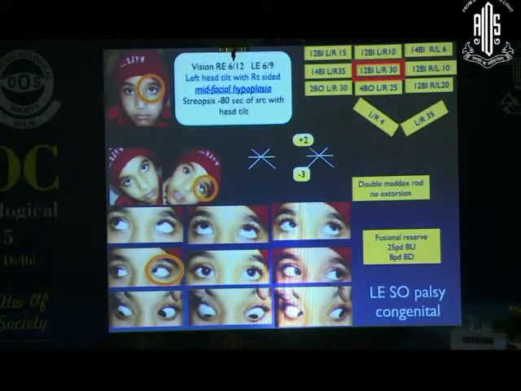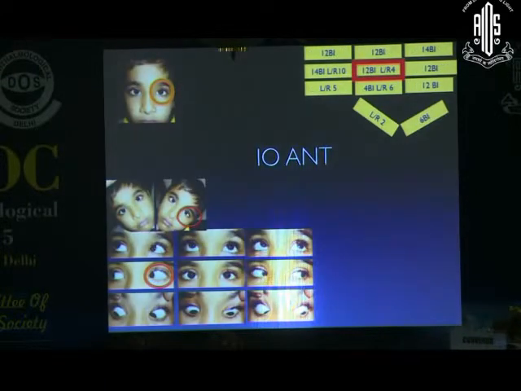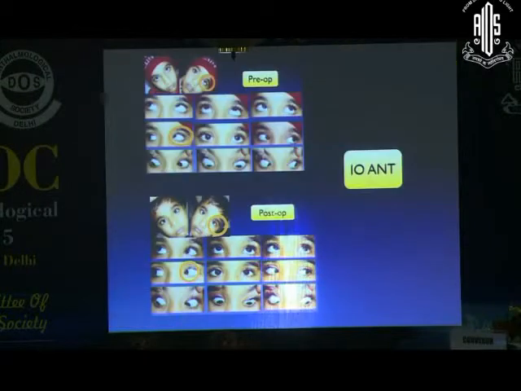In this patient there was a vertical deviation of around 30 prism diopters. So it was a larger one. So we did an anteronasal transposition of the inferior oblique, and you could see that L by R decreased to 4. This is a comparative picture of pre-op and post-op. You can see the left eye hypertropia has significantly decreased, even in the primary and in the right gaze, and also on the head tilt.